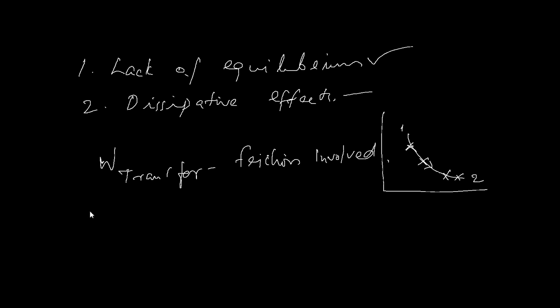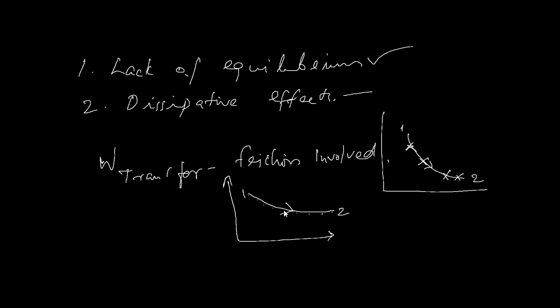So a process will be reversible when it is performed in such a way that the system is at all times through the process near thermodynamic equilibrium with the surroundings, and also there shouldn't be any dissipative effects, whatsoever be the form. So it should be in equilibrium throughout the process. Say for example, you consider something like this. Let's call this a process, and each of these points should be in equilibrium when you have a process from 1 to 2, which is practically impossible.